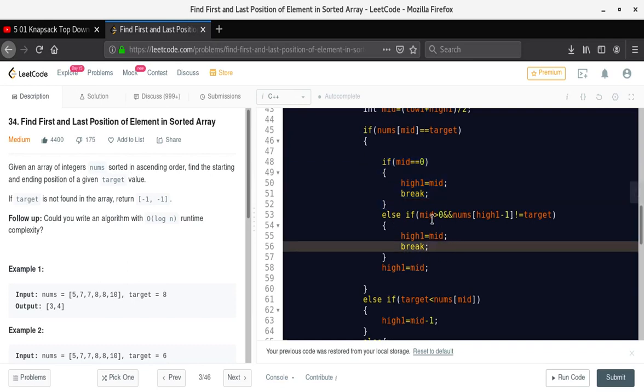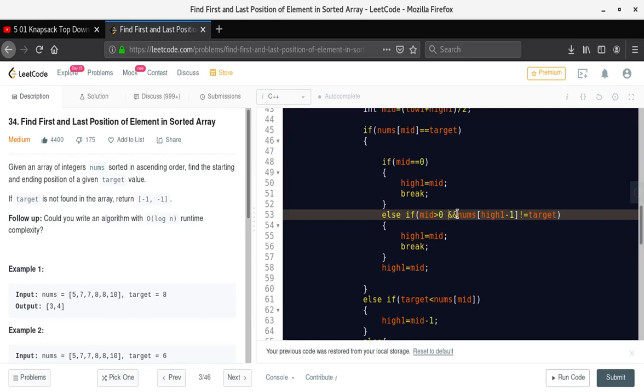So in the else part, we are checking if mid is greater than 0. Obviously it will be greater than 0, but still I am checking it. And nums[mid - 1] is not equal to target. So we are going to break when our previous element is not equal to the target. If our previous element is also equal to target, we are not going to break, right?